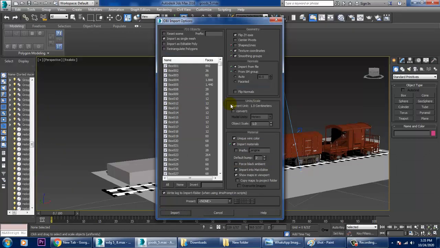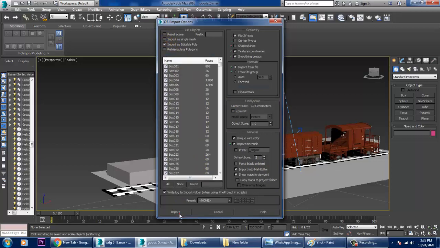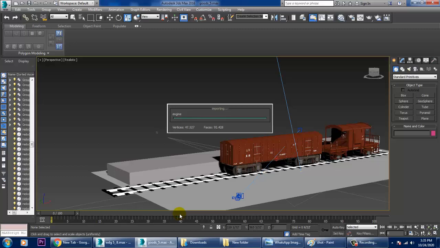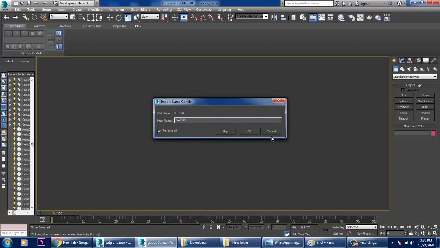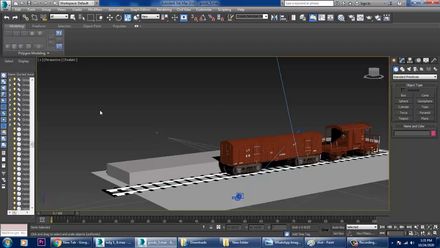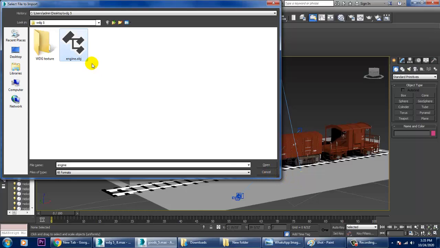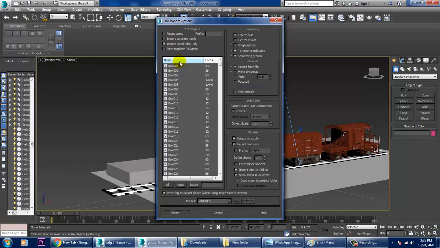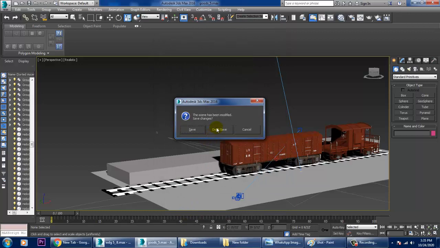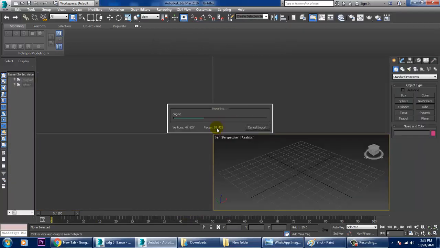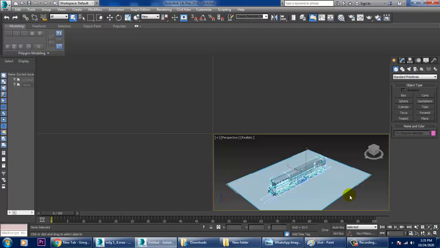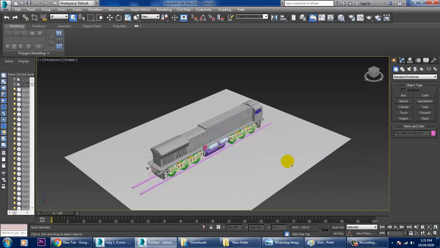It happens over here. Okay, I think the textures are missing.